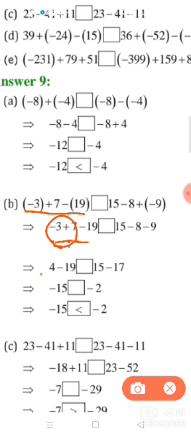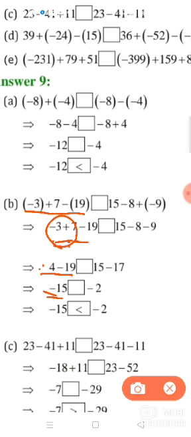If you show plus 4 then it is okay. If you do not show the plus sign, it is also considered a positive number. So 4 minus 19, here again plus minus becomes a minus, so 19 minus 4 becomes 15. Comparing 4 and 19, 19 is greater and has a minus sign, so we put a minus sign here. So it becomes negative 15.